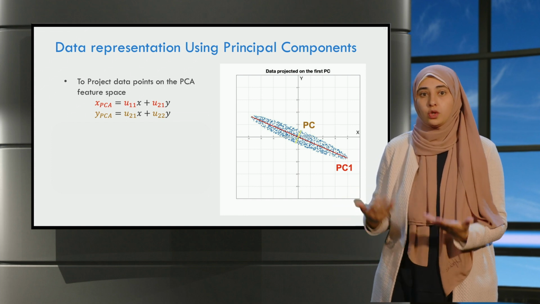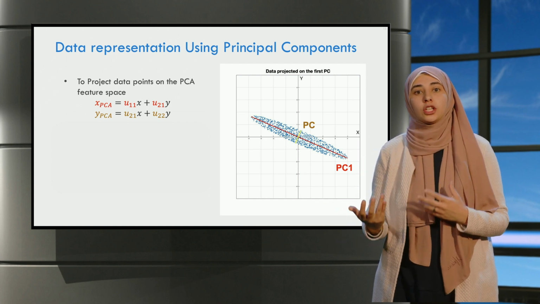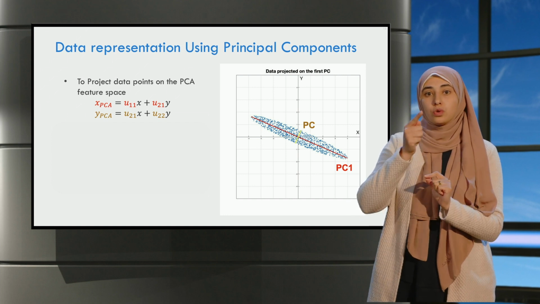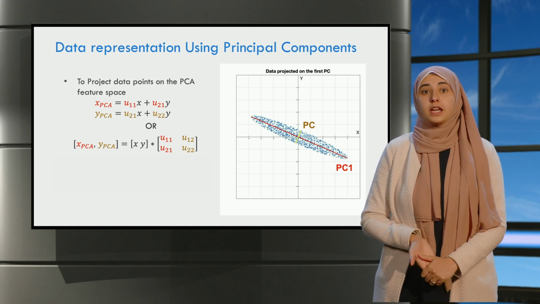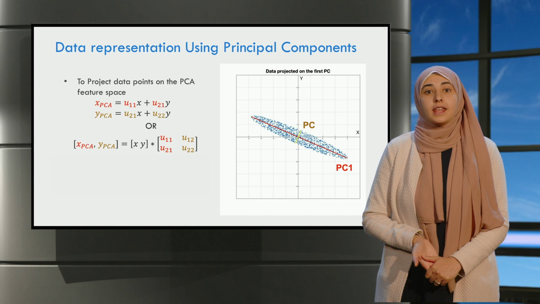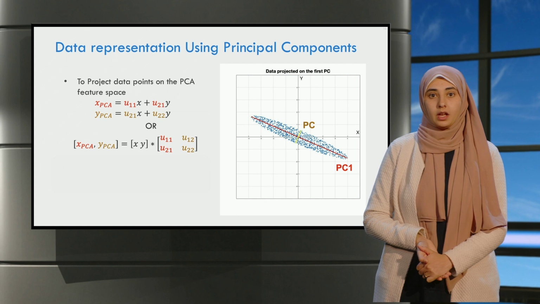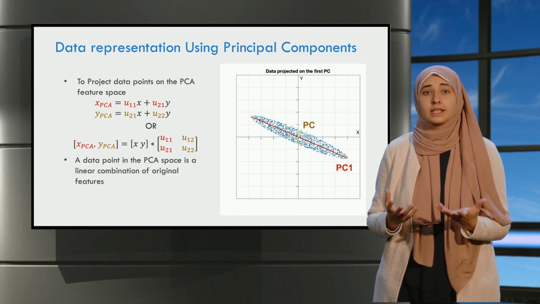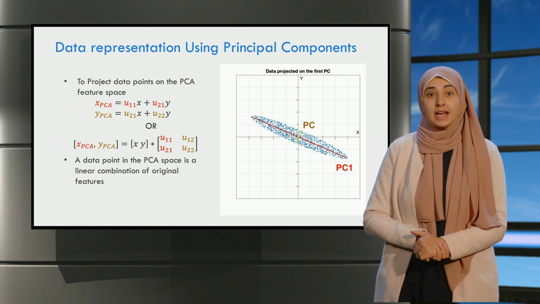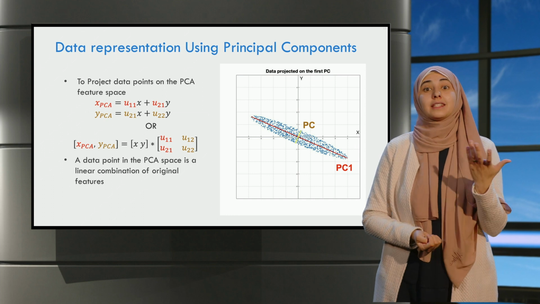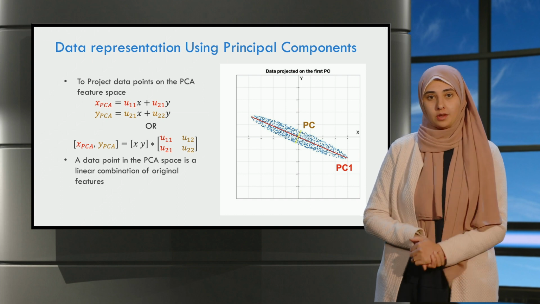The same goes for the new y-coordinate or yPCA. It is the projection of the location in the original space onto the u2 unit vector. We can also use matrix multiplication to do such transformation. That is the exact same equations as above but in matrix form. We can easily see that the points in the PCA space are a linear combination of the original feature space. The xPCA feature depends on both the original features x and y, or coffee and milk in our example.